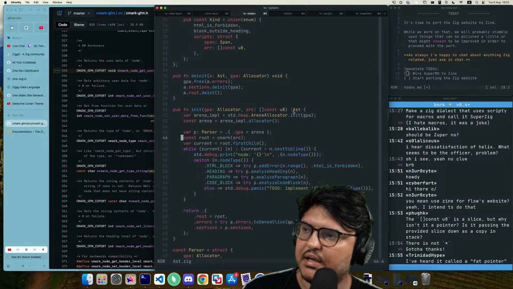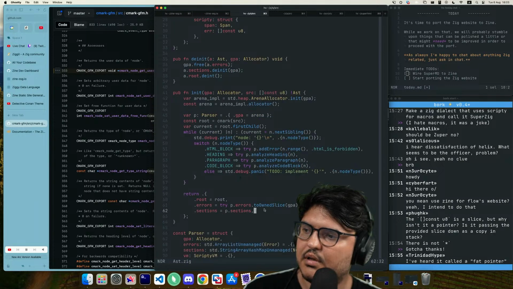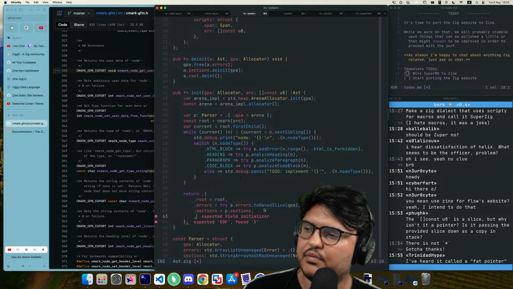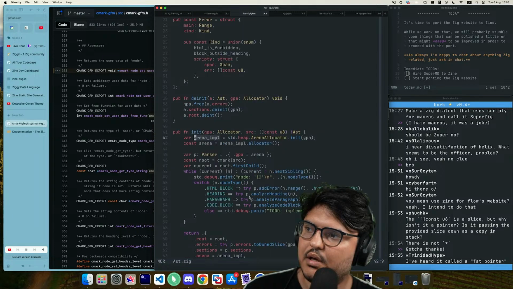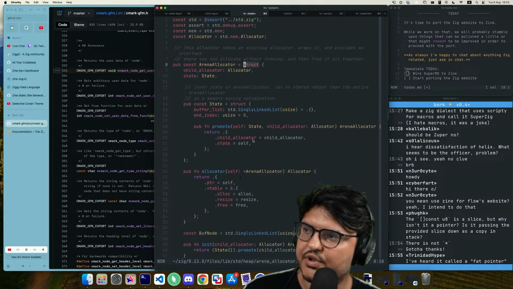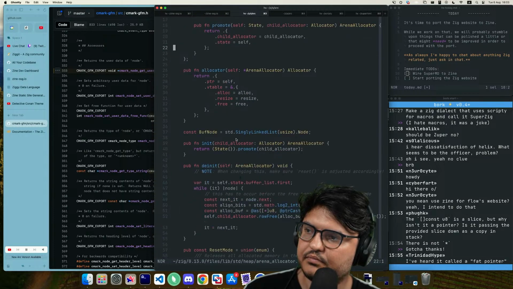So we pass down the arena. And then you save the arena implementation. How do you grab the state from it? Do you just reference it directly? Just dot state, yeah. And then there's promote.